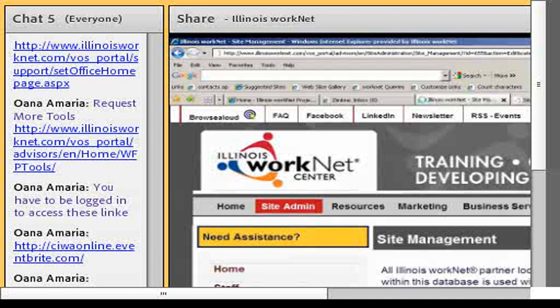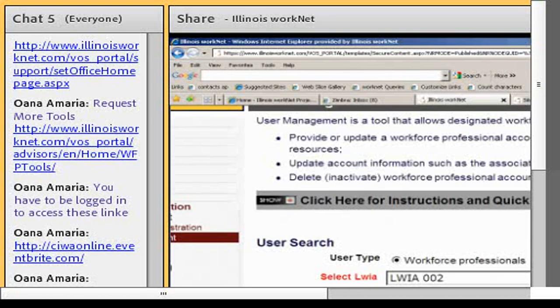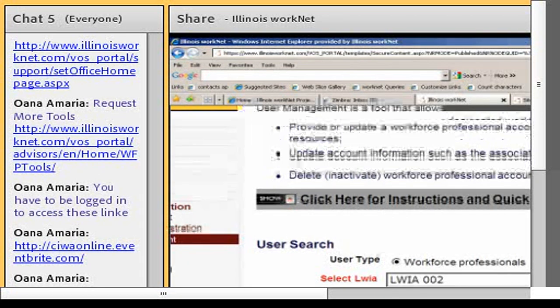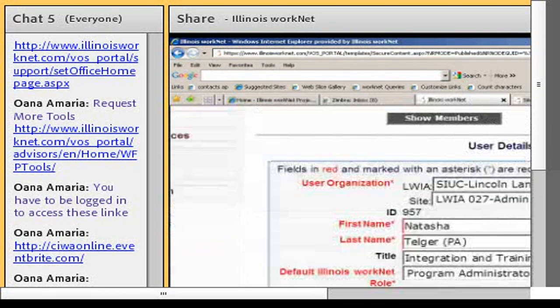That are associated, the workforce professionals account, I should say. You have workforce professional accounts associated with that organization. We'll just go ahead and go to one of the OEOs. And you can either search for a person for your entire OEA. If you're an OEA coordinator or OEA manager, you can enter a few letters of the last name or first name and show the people that meet that search criteria if you're not sure which organization they're with, or you can select the organization and narrow down your search that way. Once they're in there, then you can go ahead